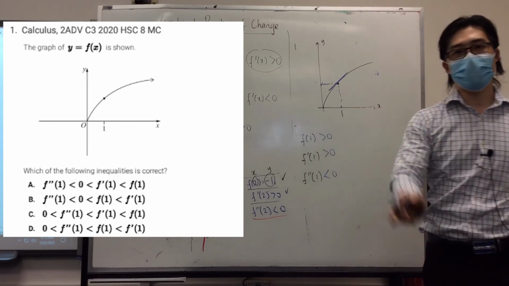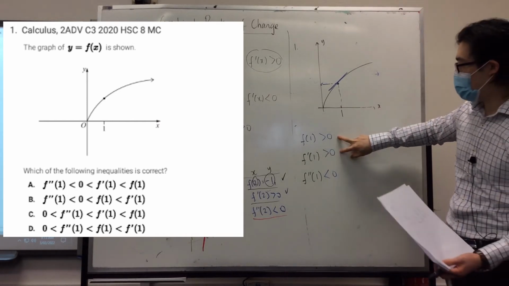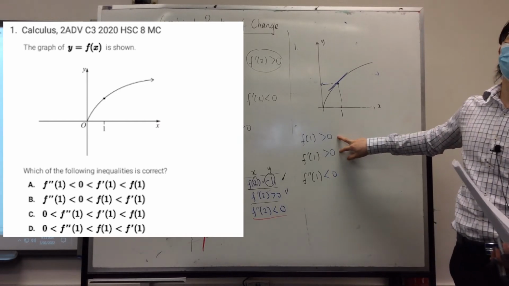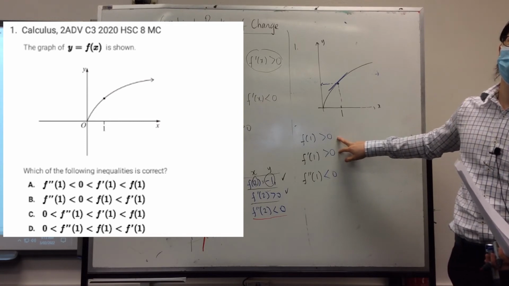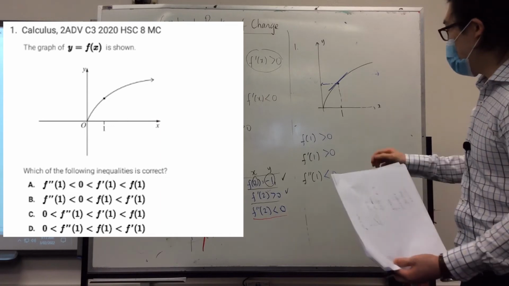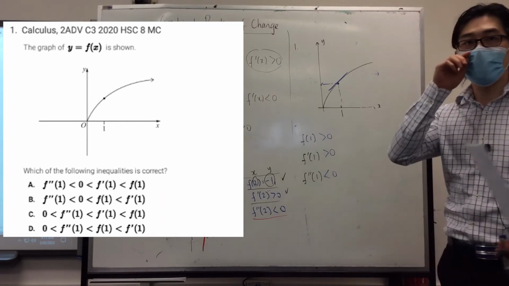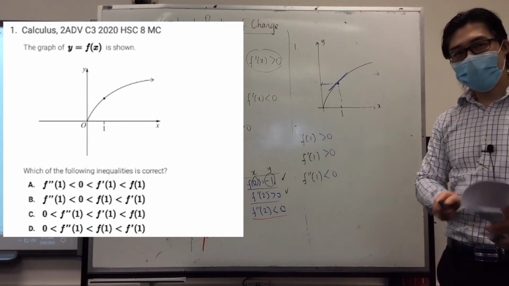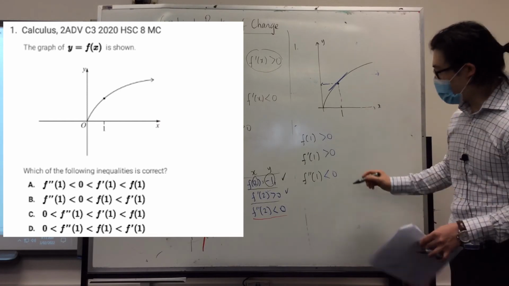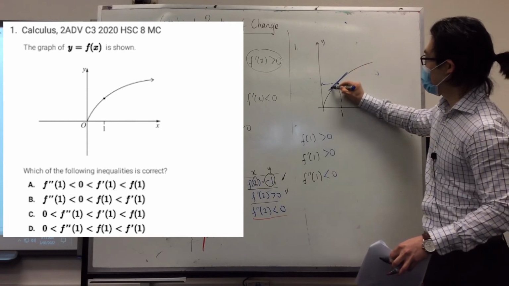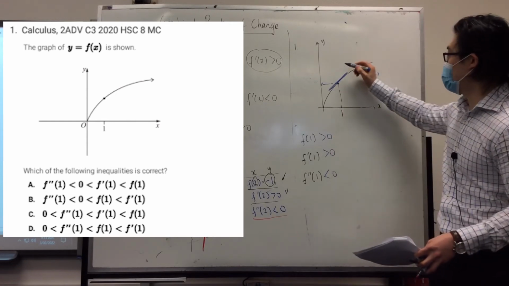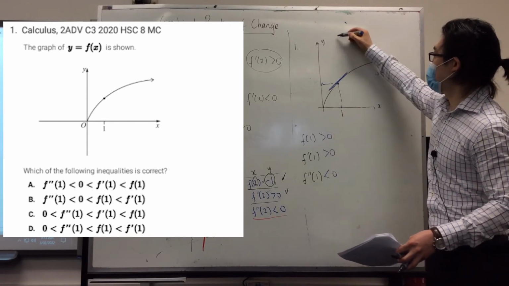Now, here's the problem with this one. We've got two situations where they're both greater than 0. We don't know which one is bigger than the other. That's the problem. So how do I know which one has a bigger value? This is where we actually need to do some algebra work here. So here's the trick. If you don't know in this case what the bigger value is, girls, with any straight line tangent graph, the equation is,